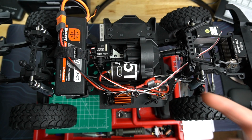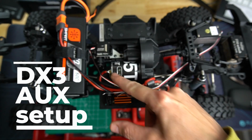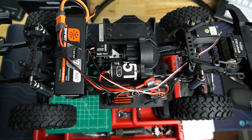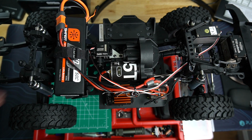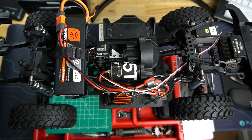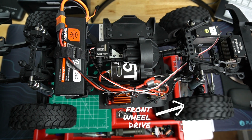Alrighty, so we have this all hooked up. We got our shift servo endpoints set properly. I'm going to show you guys how to do that in the DX3. Our first position, the arm's going to be all the way forward. That's going to be 4-wheel drive. And then our second position is going to shift, and that's just going to be front wheel drive with our